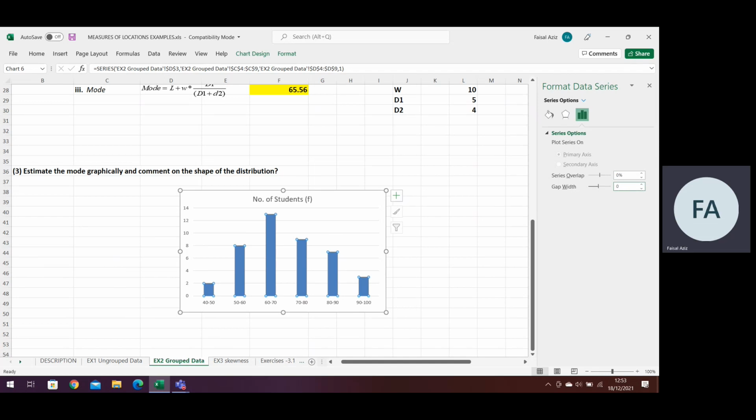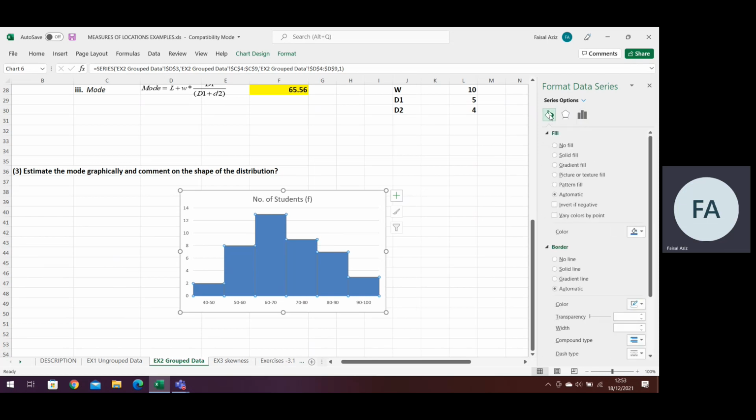I'll put 0 0. When I put 0 0 and press enter, what will happen? All these bars will join each other. There will be no gap between them. The second thing is, I will have to click on this. As you can see, this small color bucket, you click on it. It says fill. So as of now, the default color of these bars shows